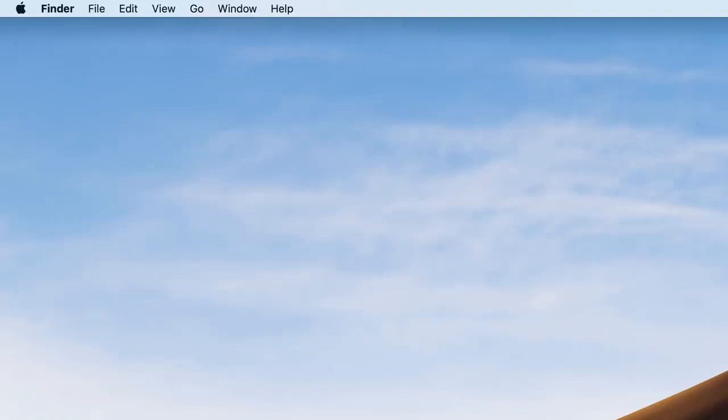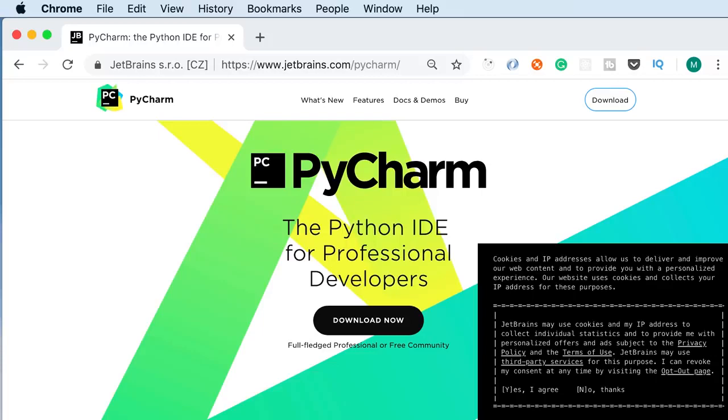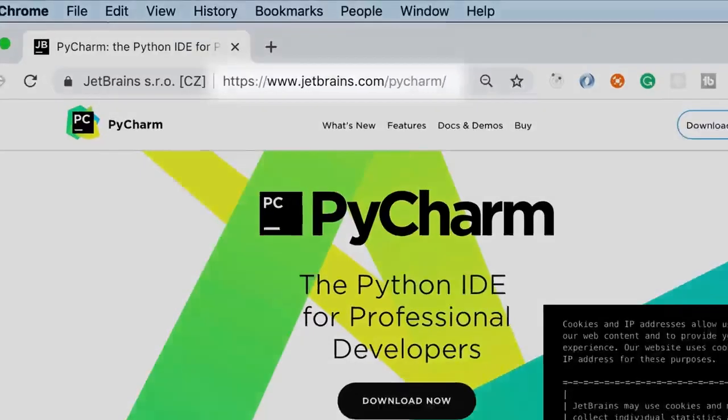All right, next we need to install a code editor. We use a code editor to write our code. Just like how we use Microsoft Word to write documents, we use a code editor to write code. Now, there's so many code editors out there. The one that I'm going to show you in this tutorial is PyCharm. That is one of the most popular code editors for writing Python code. You can get it from